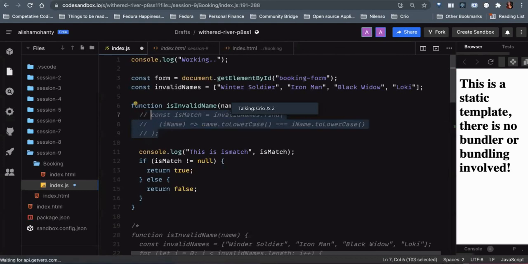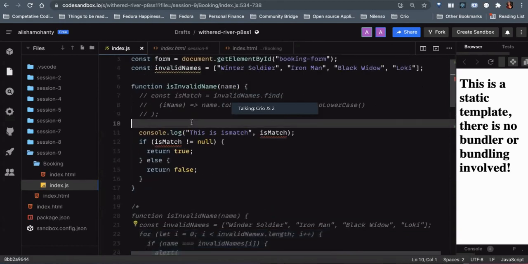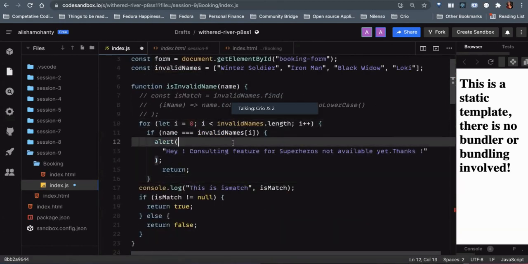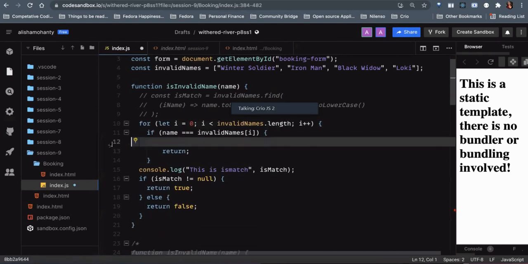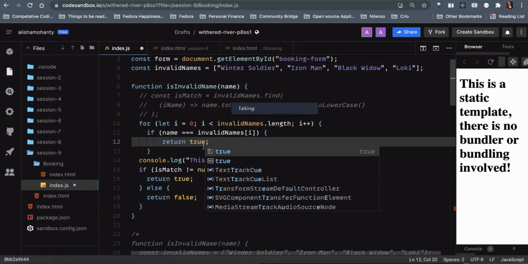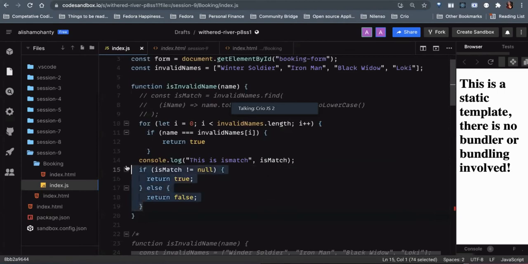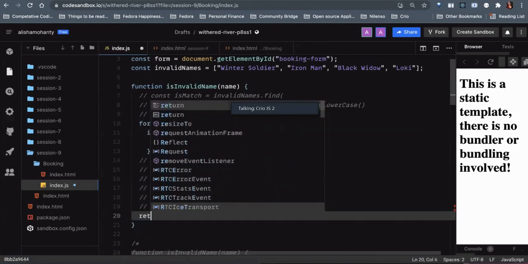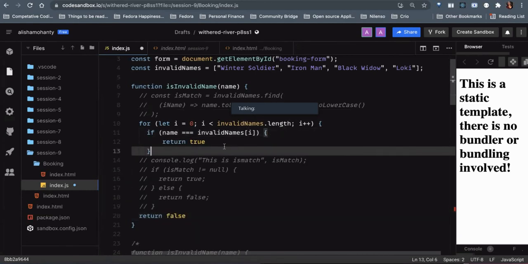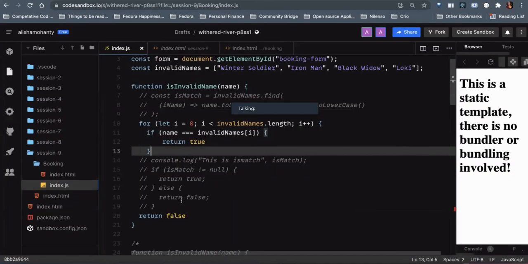Let's not work on this thing. We can use this sample code someone used. We can use a for loop, right? We just need to check if we got a valid name. If it is an invalid name, we need to return true, or else it will return false. Right now we are not checking only conditions. We can check the filter. So,